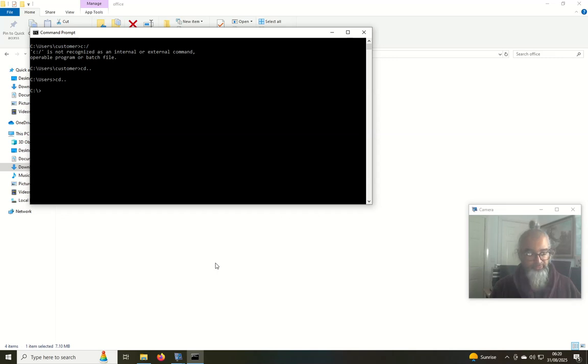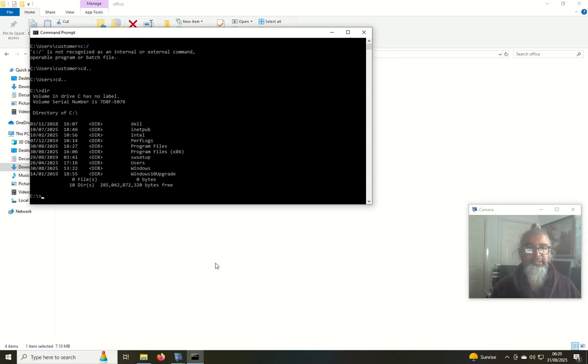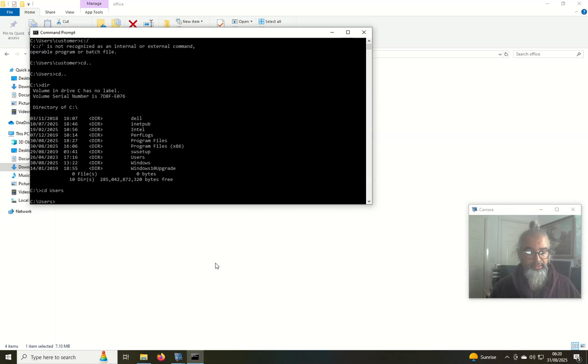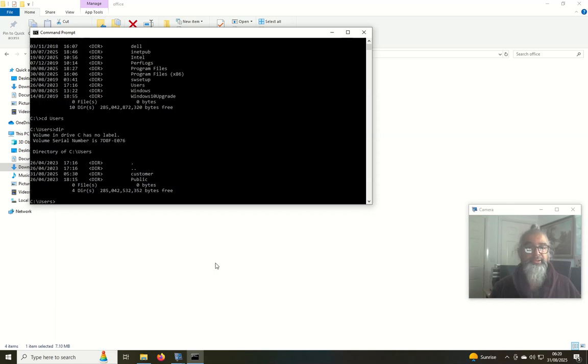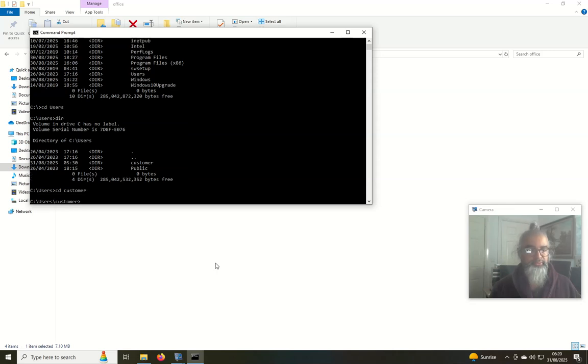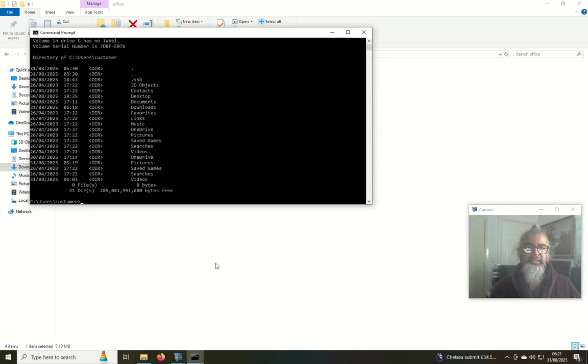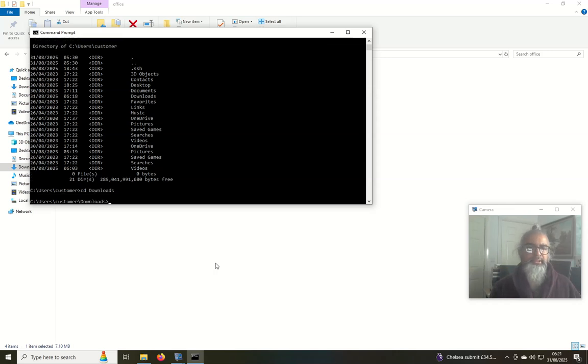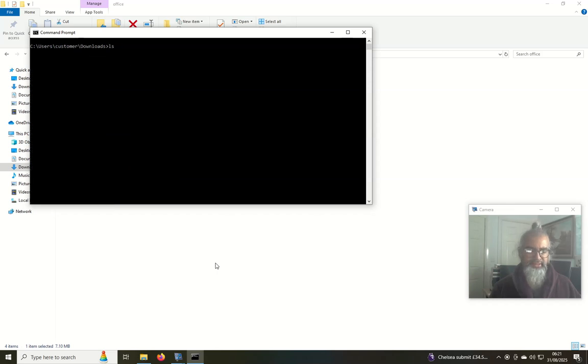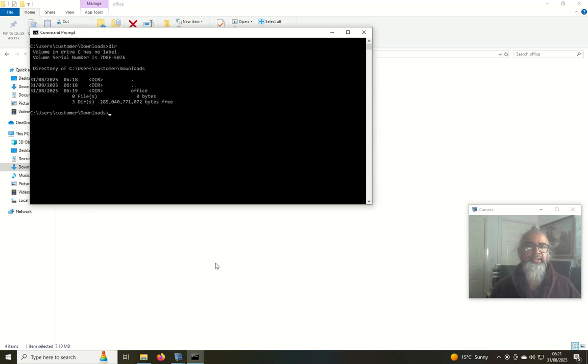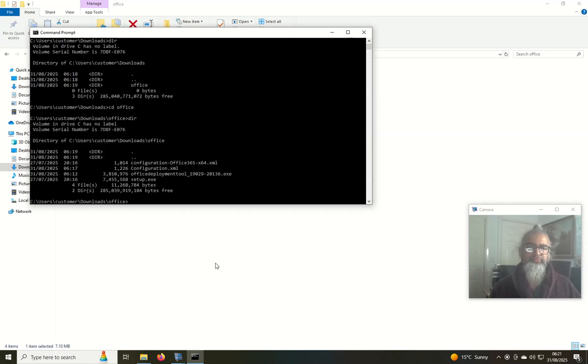the path we are looking for is dir, and then we can go to users, cd users. Okay, and then do dir again, and then you can see the customer, do cd customer, and then do dir again. So you come in here, and then you can see the downloads. So do cd downloads. Okay, and then CLS to clear the screen. Do your dir again, and then you see that Office directory. So do cd Office, and then do dir again, and then probably you'll be able to see the